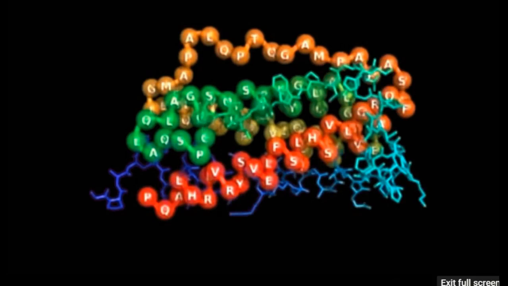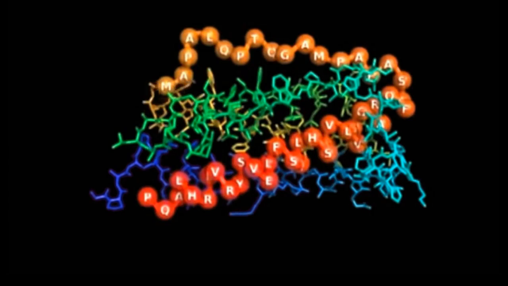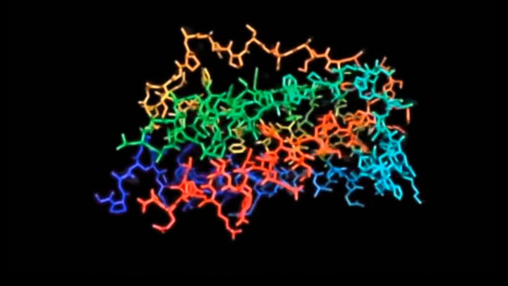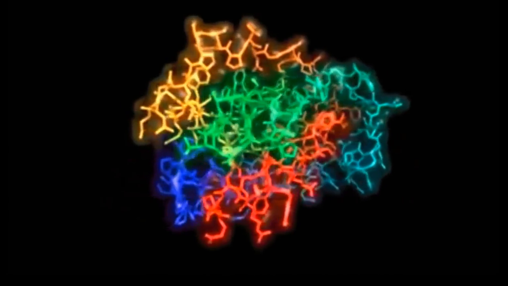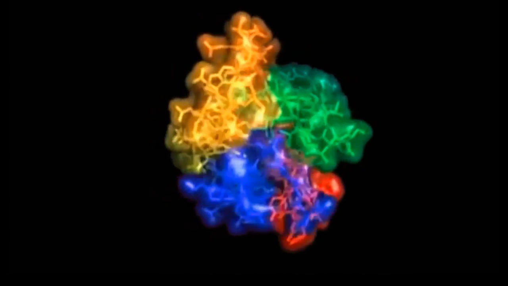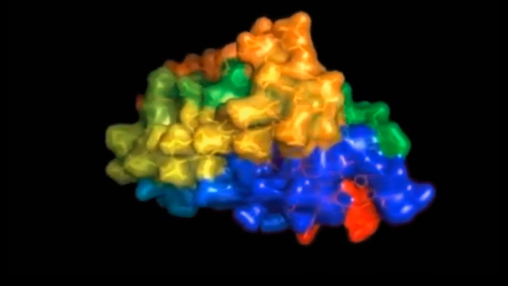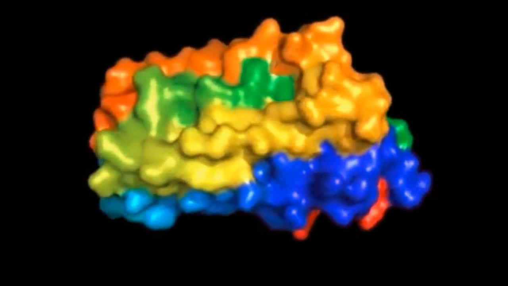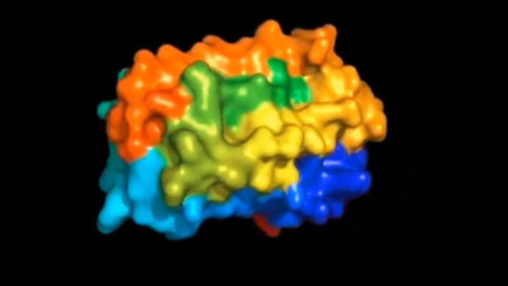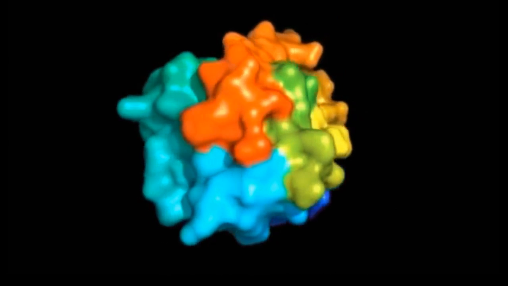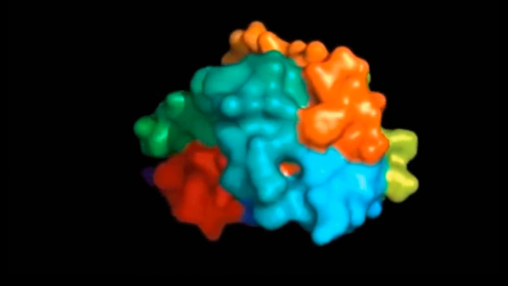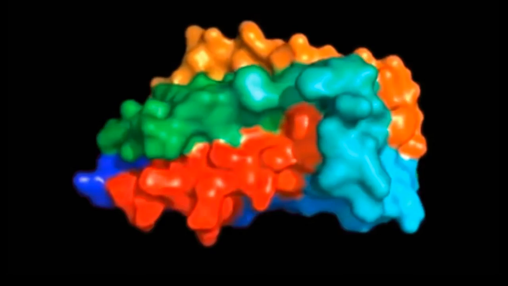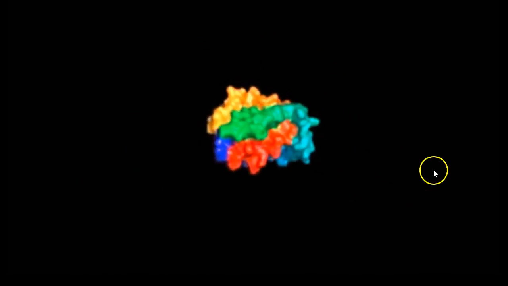So whether or not a body could use this as a fuel source depends on how easy it is for the body to actually pull this apart and break it down. If it's going to take too much energy, then it's not going to try to pull it apart. So what they tried to do using